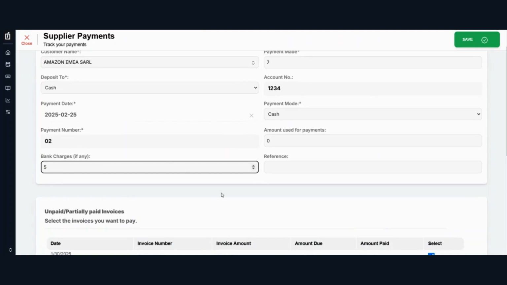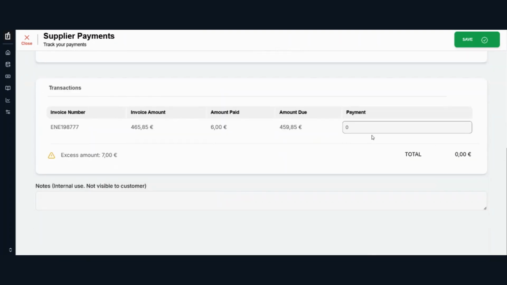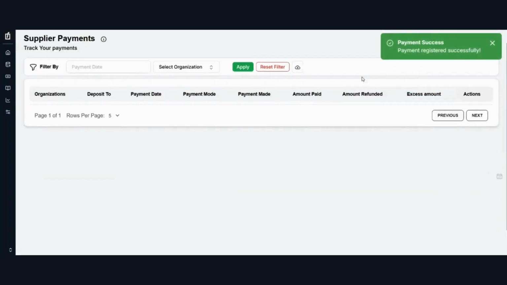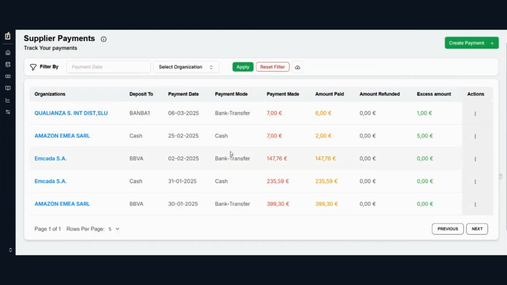I am adding the charges. Now I am adding this one. You can see the excess amount. If you want to add any note, you can add a reminder. So it was saved.